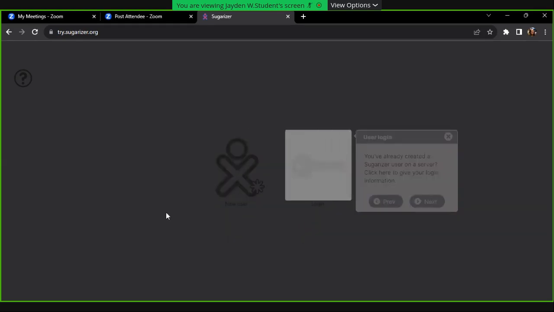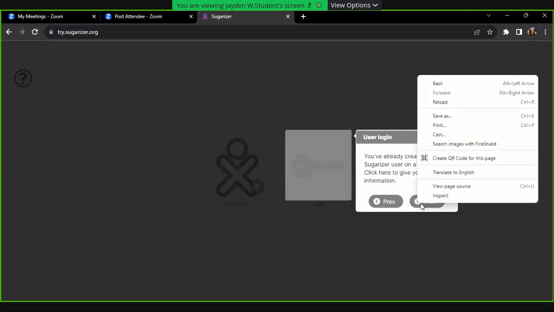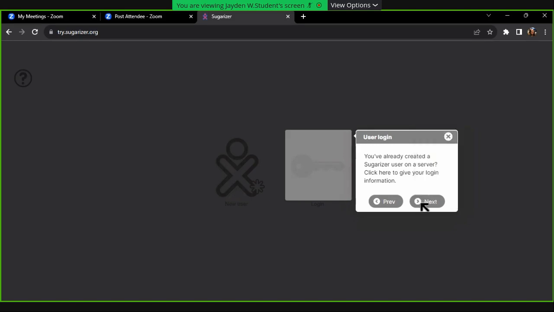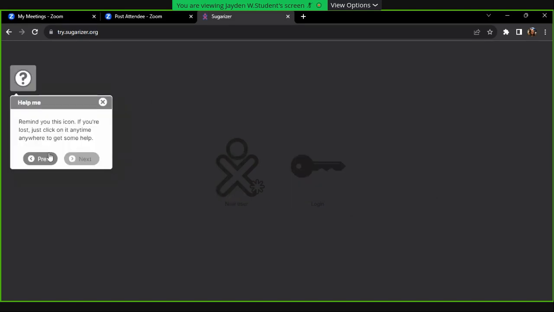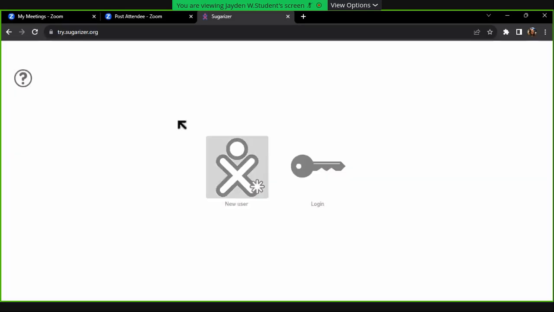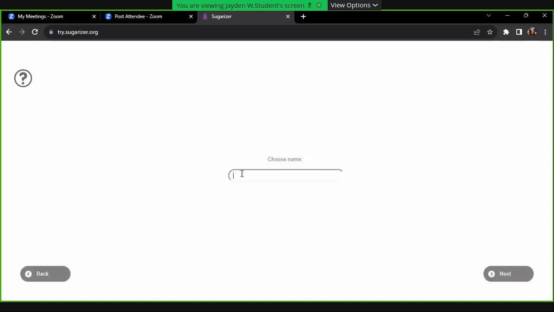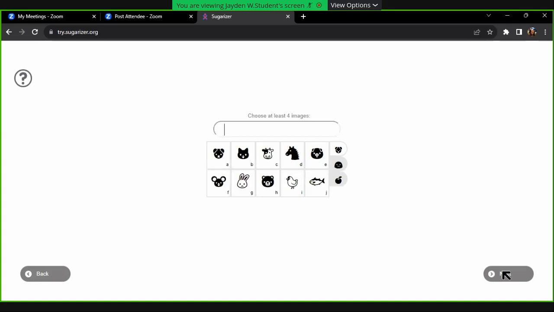Yeah, and just click on the new user icon. Yeah, click on that. And then type your name, any cool name you want to remember. Yeah, and then next, and then create a password with the images.